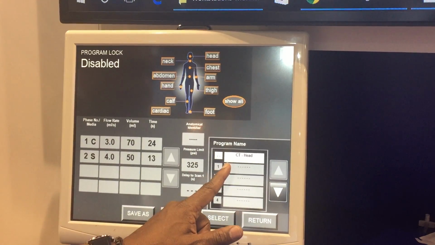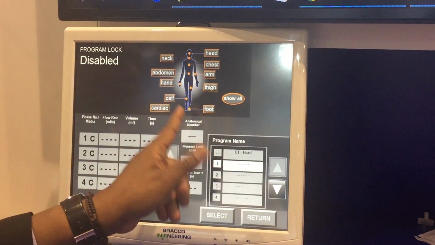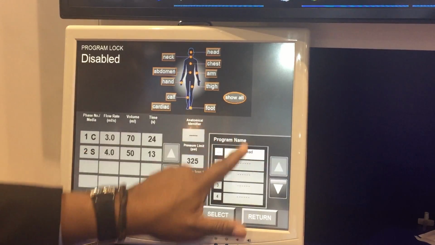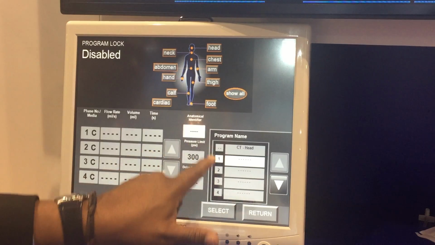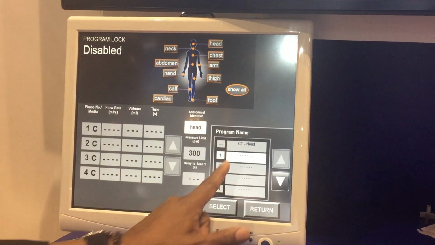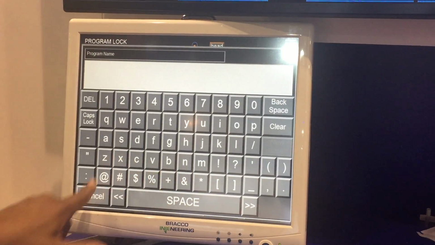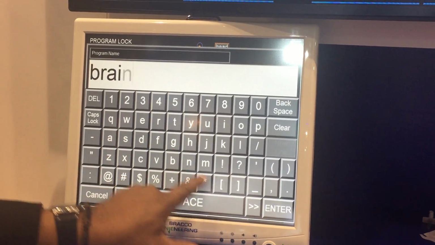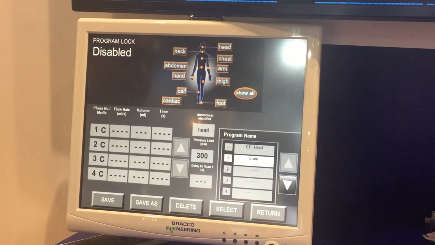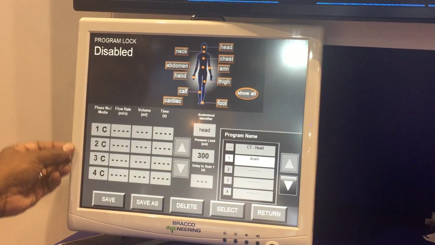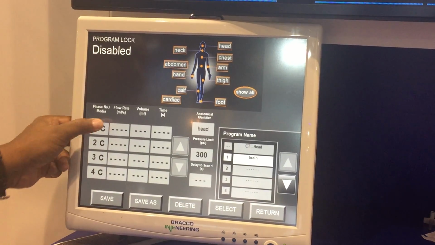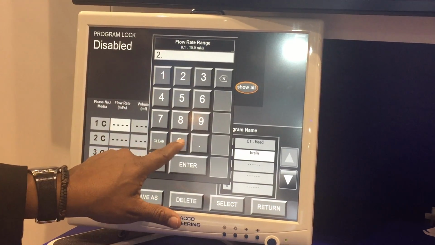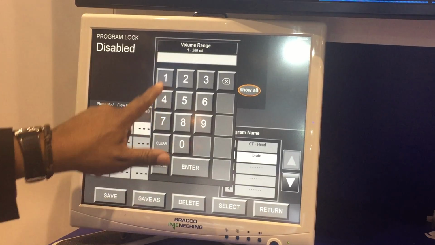Meaning, if you start with number 1 and put in head or brain, whichever you want to call it, label it brain, press enter, you come over to the actual flow rates and volume. Start with your flow rate. For a typical brain, you could do 2.0 at 100 mLs,